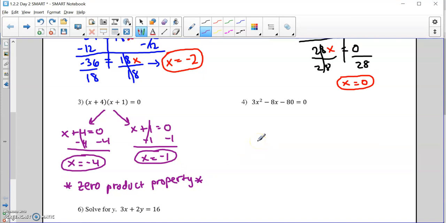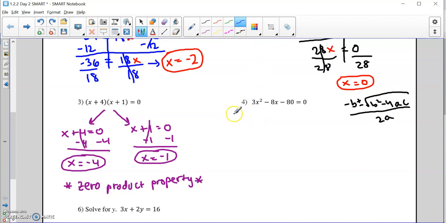All right. Number 4 is our beloved quadratic formula. So we're going to go ahead and solve this one using that formula, which I could just write here. All right. So remember, step 1 is